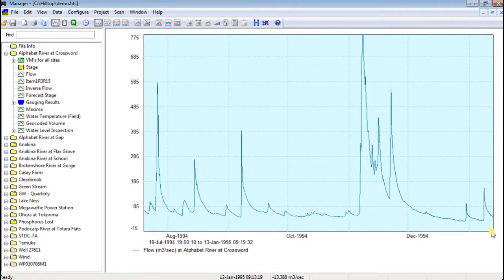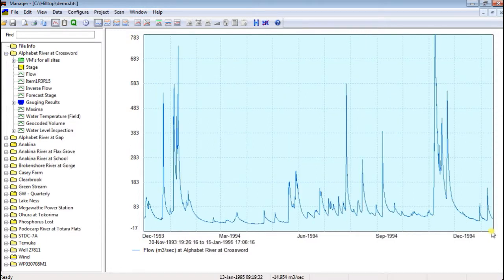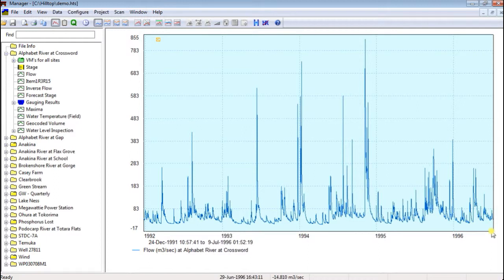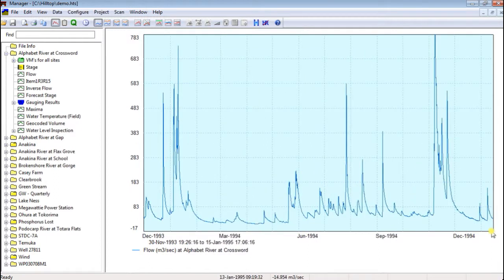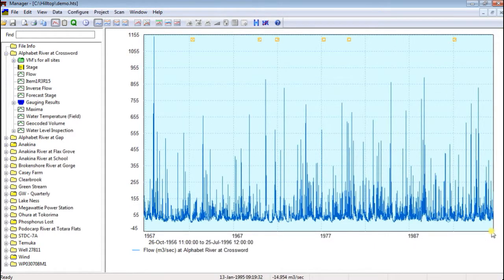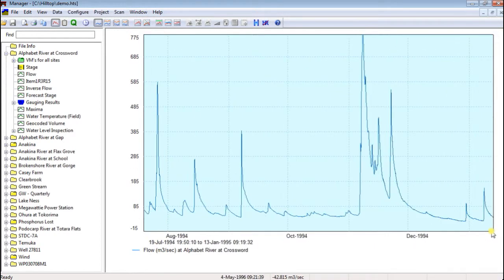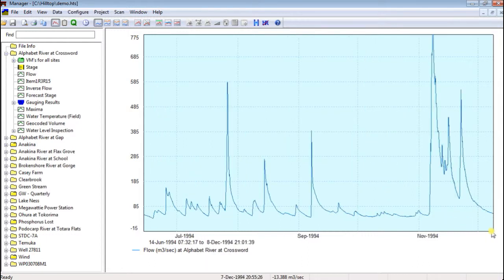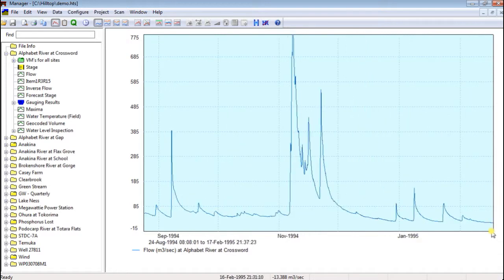Manager remembers the range of the last 20 graphs you did for a site, and you can move through the graphs you've drawn. If I press Page Up, I move back to the previous graph. Press Page Up again to move back to the graph before that. Page Down takes me forward one graph. To see the first graph you drew for a site, press Home, and pressing End takes me to the last graph I zoomed into. You can also pan using the arrow keys to the left, to the right, up and